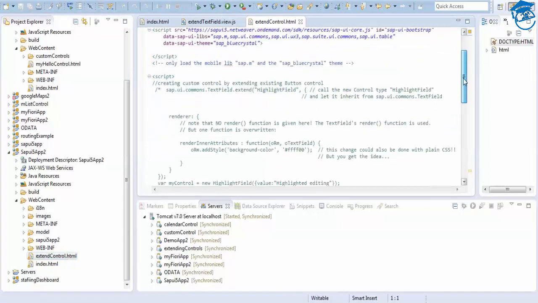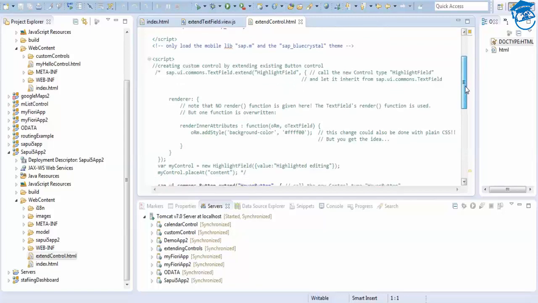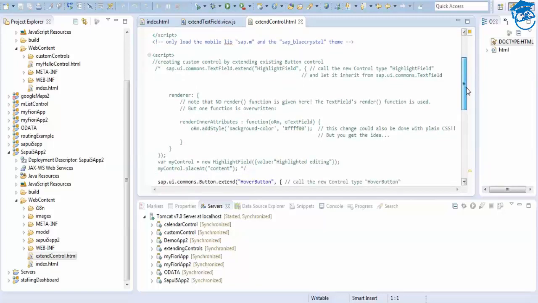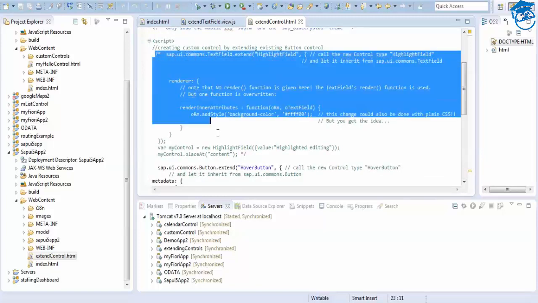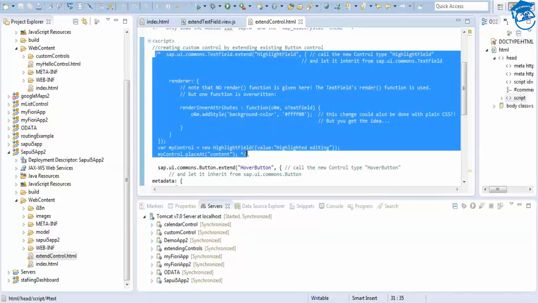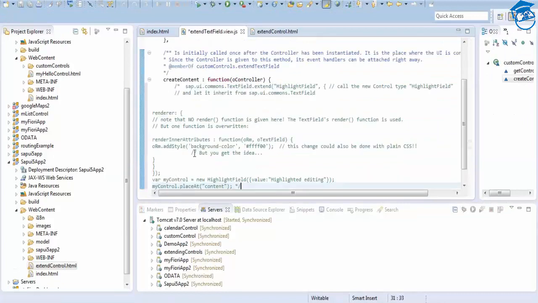So here is the code for extending the button control we have done. So the text field control is this one. So I'm going to write it in this, and I'm going to remove this comment here, and I'm going to remove this.